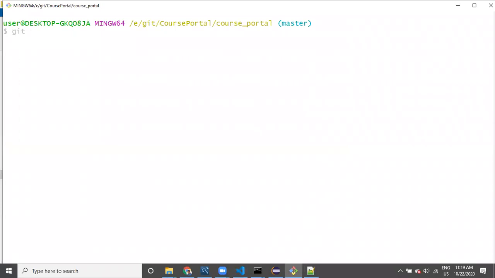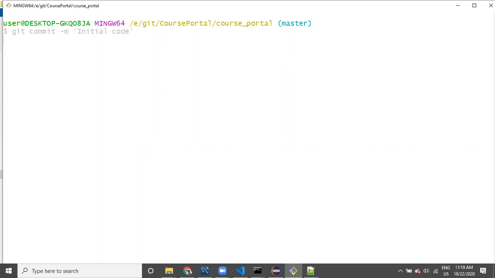Now git commit. Whatever files were added will now be committed into the local machine with a comment. So commit with the comment: minus m means message. Initial code, we need to say initial code.